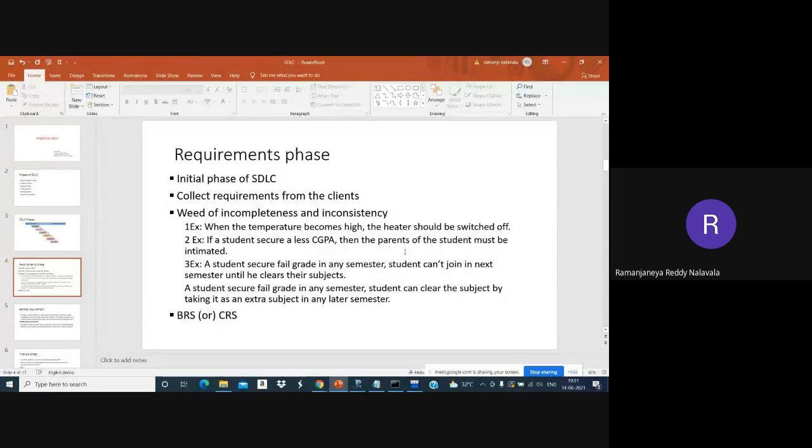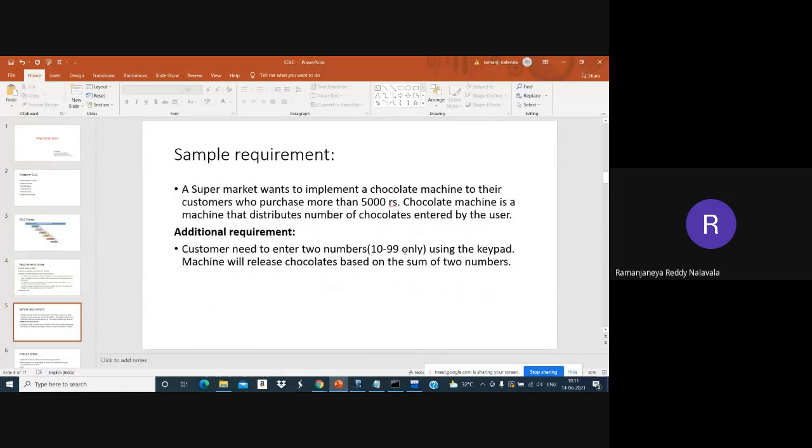Next one. So after development of this BRS document, then we will move on to the next phase. So here we will create a requirement, so that we will develop a software based on this requirement. So our